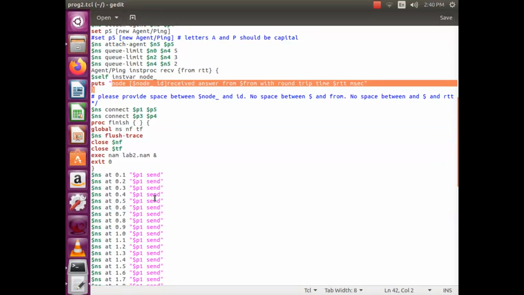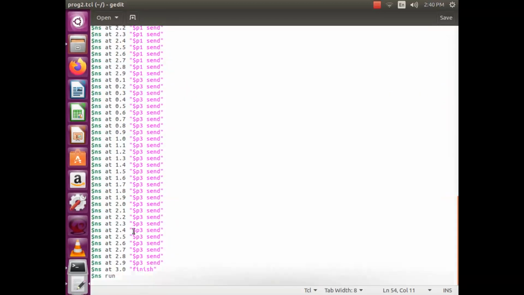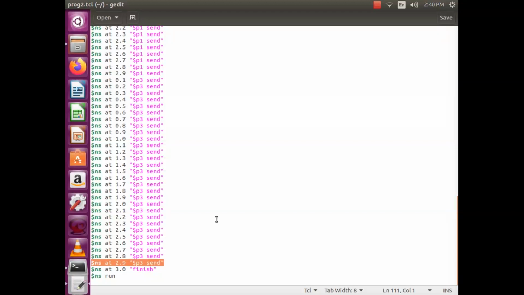Make sure to display how many packets have been received from which node to which. Start from 0.1, 0.2, 0.3, 0.4, 0.5 like that. You start sending the ping messages, finish at 3.0, and start the simulation.